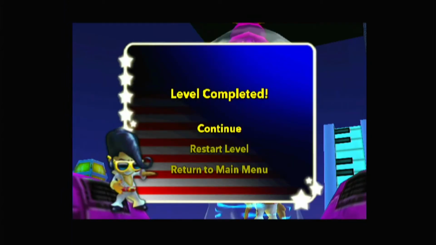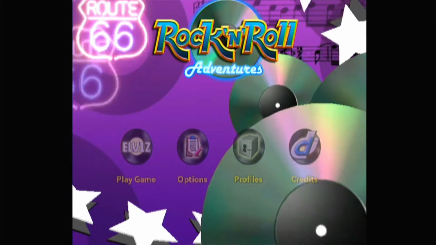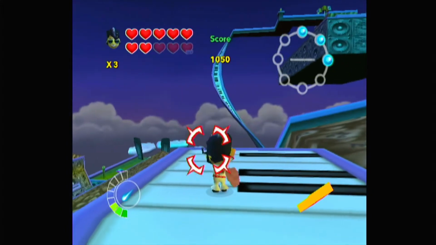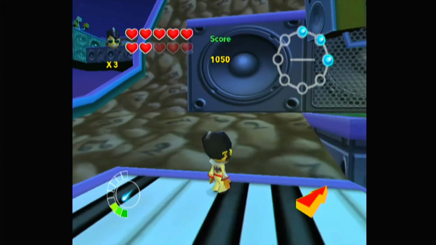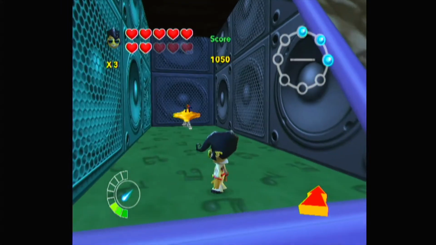Just like Ninjabread Man, there are only 4 levels, and the game just cuts back to the main menu after you beat the last level. It's literally the same exact thing. The graphics are a little bit more appealing than Ninjabread Man. It still looks like crap, but it's more appealing to the eyes at least. It doesn't make my eyes want to puke.